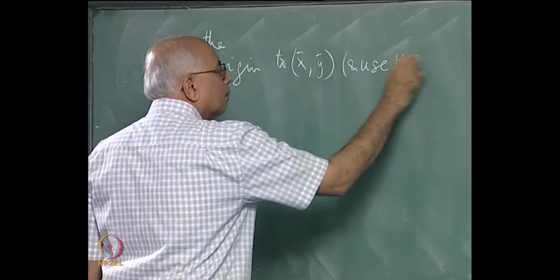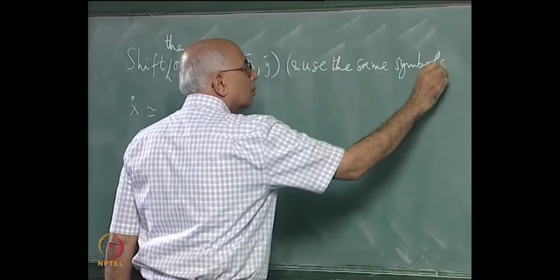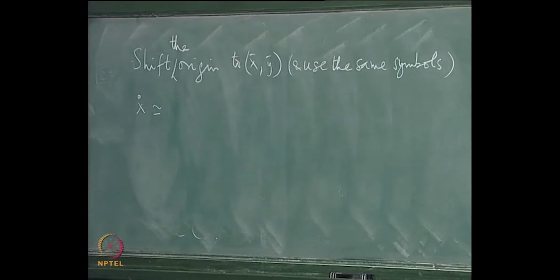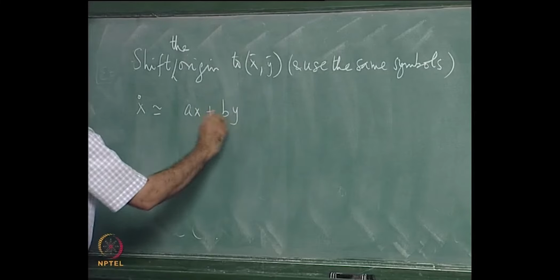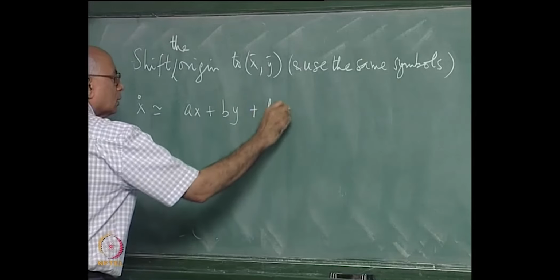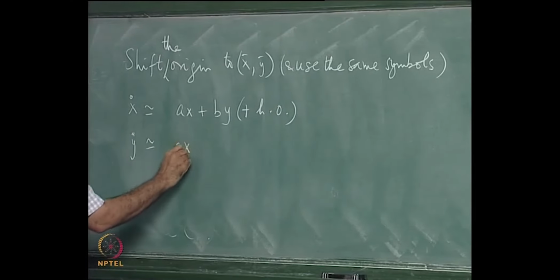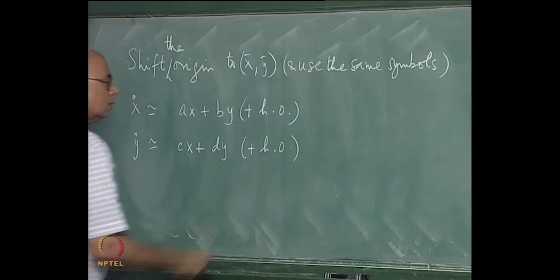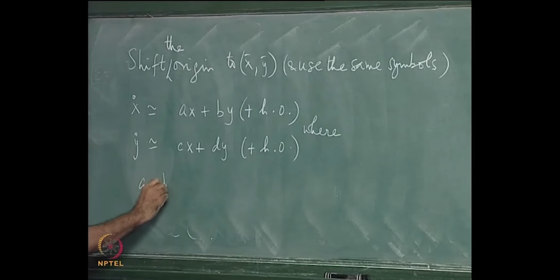Use the same symbols x and y. Instead of x minus x bar I just call it x, and similarly for y. Then x dot is of the form ax plus by plus higher orders, and y dot is of the form cx plus dy plus higher orders, where